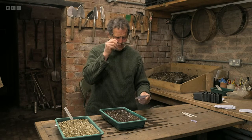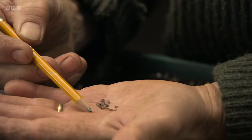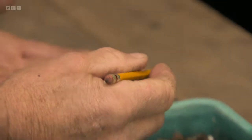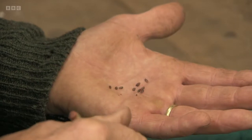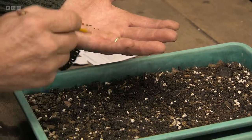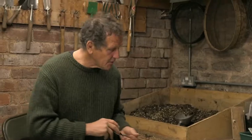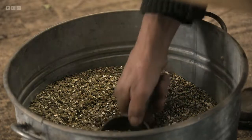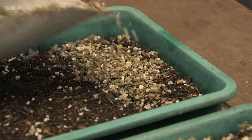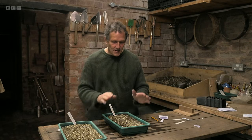And this is a slightly different technique. These are the seeds that I've never grown before, the Chasmanthium, the oats. These actually need stratifying. Stratification is where a seed needs a period of cold weather to trigger it to germinate when it warms up again. So I'm not going to put these in the greenhouse. I would actually keep them outside, probably under the protection of a bit of glass. An open-sided cold frame will be ideal. Now I'm going to press these down, and I'm just going to gently make sure that there's direct contact with the soil. And then cover them very lightly. I shall take this to the greenhouse, this to the unheated cold frame, and we are going now to Leeds